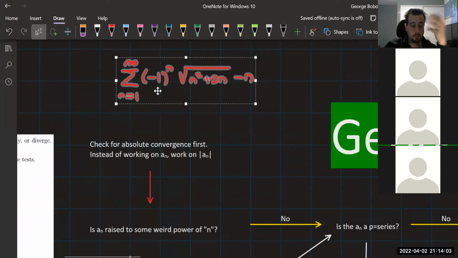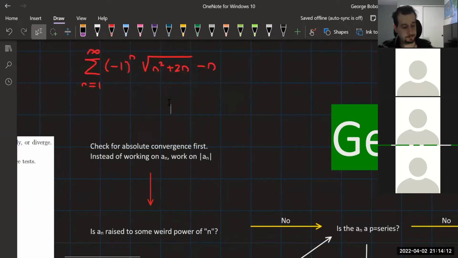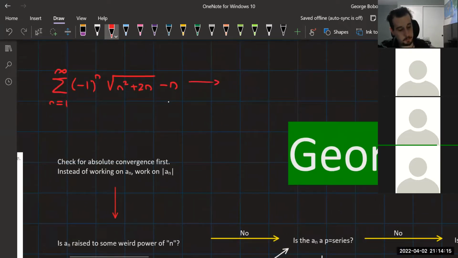Okay. First things first, what to do here, Grace? Check absolute convergence. All right, so again, my first move every time. Now, here's the thing. If we don't get this to absolutely converge, then we need to go back and do the alternating series test. The thing though is that you would have checked for that absolute convergence anyways at the very end of the problem. So I'm kind of doing things in reverse than what your regular prof might do. It depends on how he sees things too. But I think it's more efficient to do the absolute convergence first.